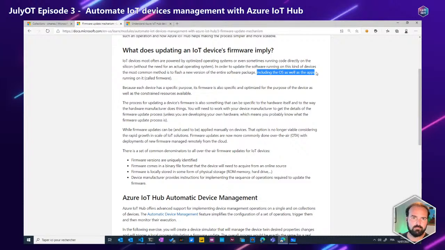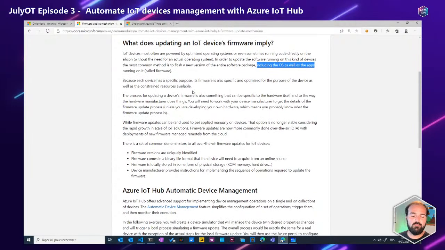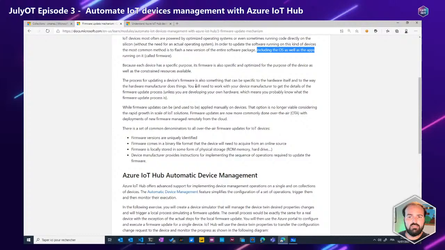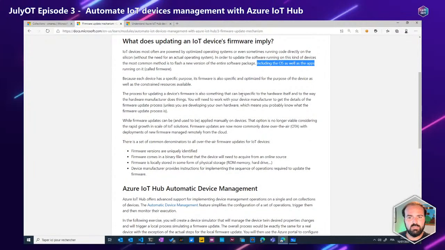All the apps. Most of the time, there is one app, and it can vary depending on the IoT device, but most of the small lightweight devices act that way. And for this, the fact is you need to be very specific to the hardware itself to actually be able to